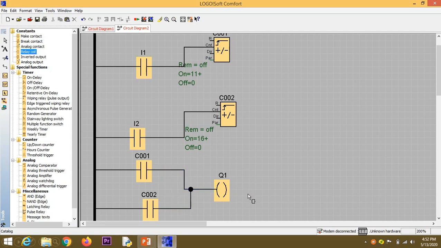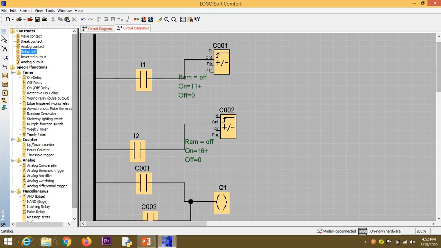One more condition was there. One stop button is there for resetting the entire action. So we will give one stop button for resetting.